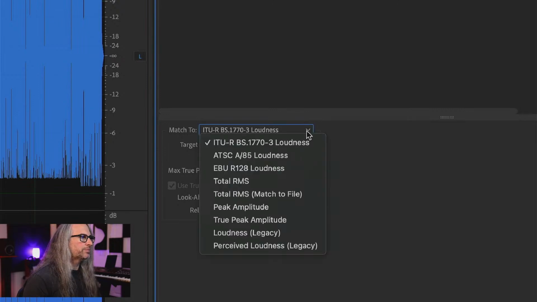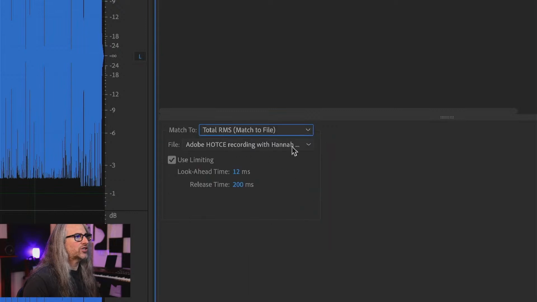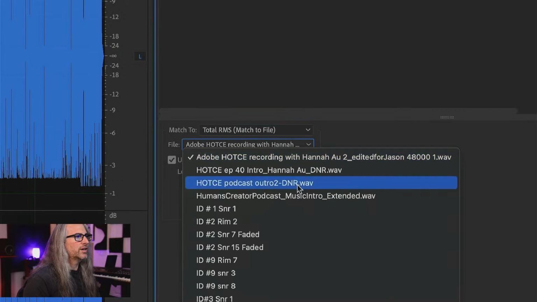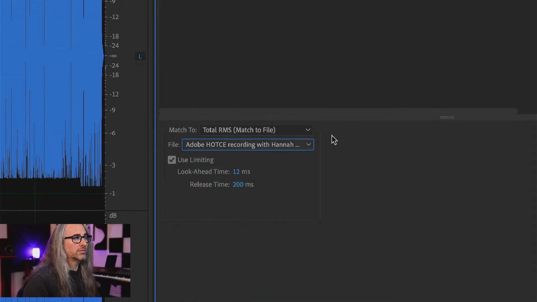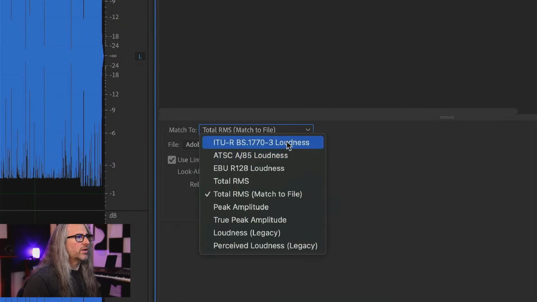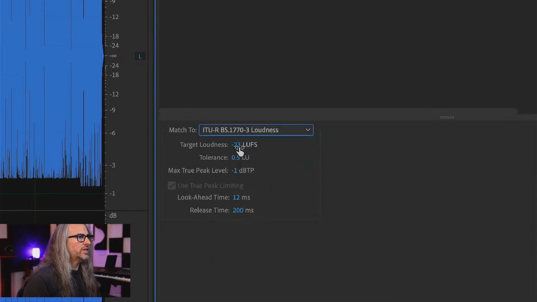If you have a file that you're trying to match against, you can reference that here. So if we did match to file, it actually allows us to choose the open file in question. It was really cool. In this case, however, I'm simply going to go into my ITU-R BS.1770-3. I'm going to type in my target loudness here.